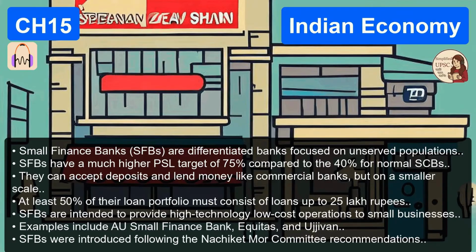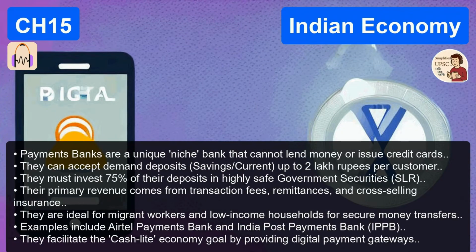The biggest driver to fix this recently was PMJDY, Pradhan Mantri Jan Dhan Yojana. It was a total game changer. Launched in 2014, it aggressively addressed the supply-side barriers to banking. What did it offer to convince people to open accounts? It offered zero balance accounts, known technically as basic savings bank deposit accounts. It gave them Rupee debit cards, free accident insurance, and even a small overdraft facility of 10,000 rupees. In a few years, it brought hundreds of millions of people into the formal banking system.